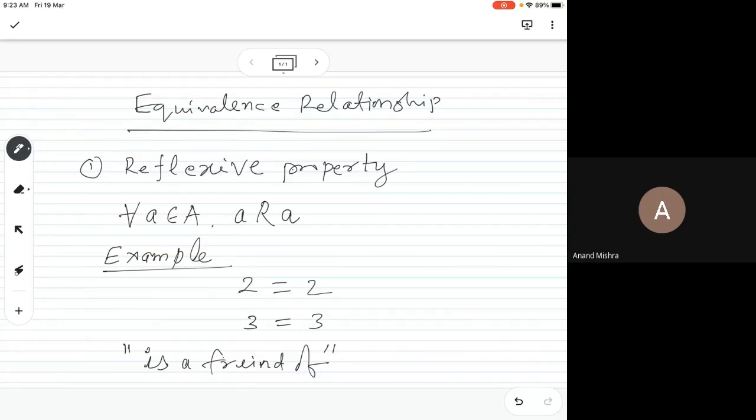Is this an equivalence? Does this relation follow the reflexive property? No, it depends how we define friend. These are some big things, not a mathematical thing, but I was talking like, you can be a friend of yourself, but you may also be an enemy of yourself, right? If you are into bad habits, maybe you are an enemy of yourself. Just a thought, but it's not important for us.